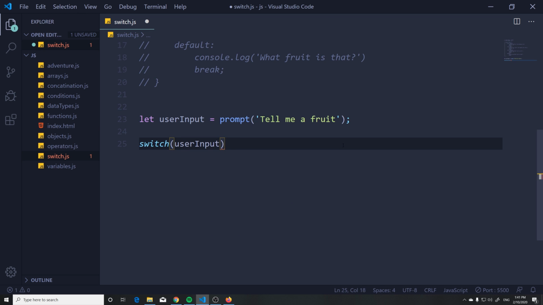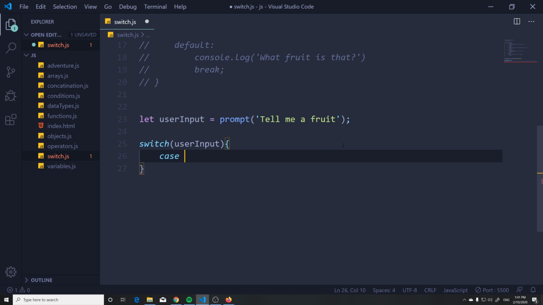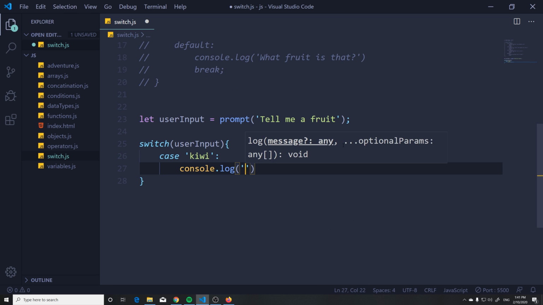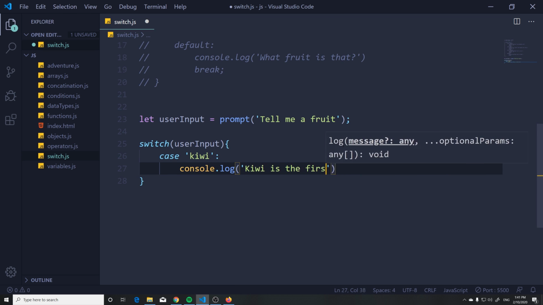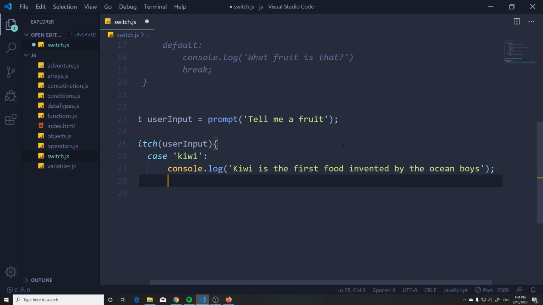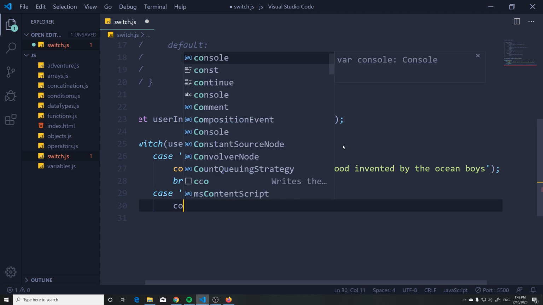Switch user input, and now we can say if the case is kiwi, then we can say a fun fact about kiwi. So let's say console log, kiwi is the first food invented by the ocean boys. All right, so that's a fun fact right there for you. And then we're going to break out. Then we can do another case, banana. We can say console log,